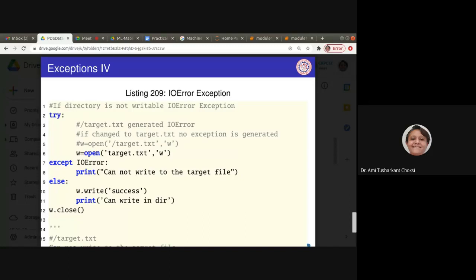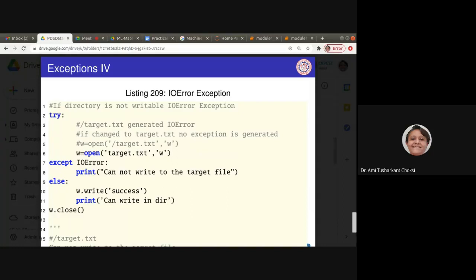If the directory in which we are trying to write this file is not writable to us, then it will give us the error, that is IO error, and that is a runtime error only. It is not a compile time error. Python is interpreted only, there is nothing like compile, so we cannot expect an error at compile time. This is a runtime error, and it occurs when the execution is done.